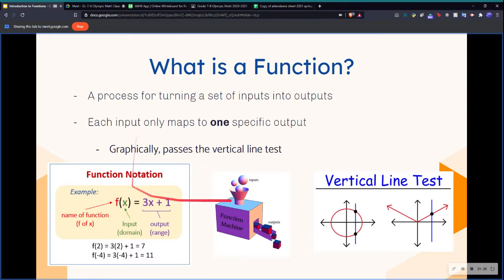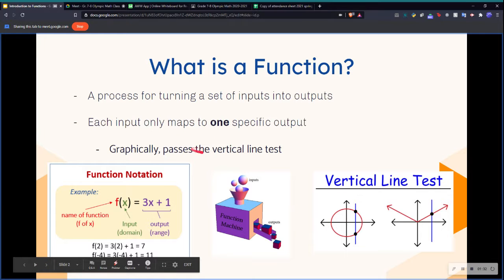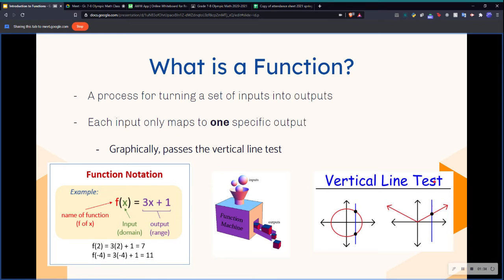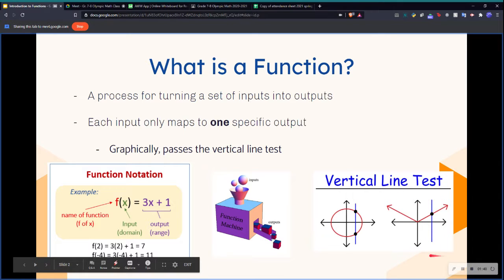And what does this look like graphically? On a graph, it means that this passes the vertical line test. What's the vertical line test? You run a vertical line through any point on the graph, and if it crosses more than 1 point, like the circle, that means the graph is not a function. So you see a circle is not a function because the vertical line passes through it twice, while the vertical line test on the right side, this function right here,